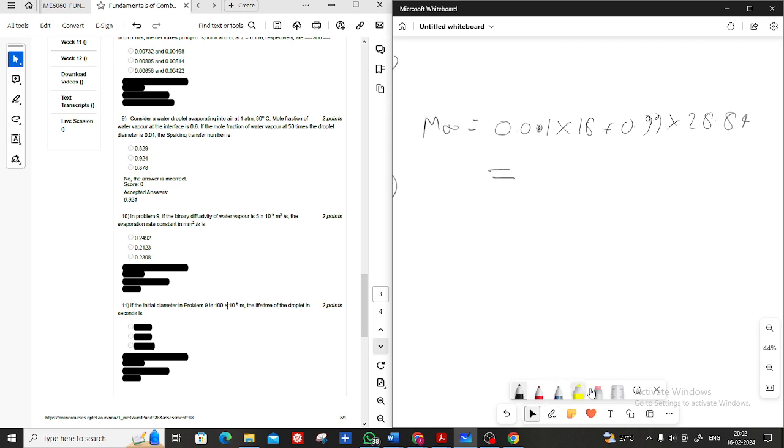This is 0.01. If you do this, it will come 0.01 into 18 plus 0.99 into 28.84, and this will be 28.7316. Now you take the average molecular weight, it will be 1 by 2 of 28.7316